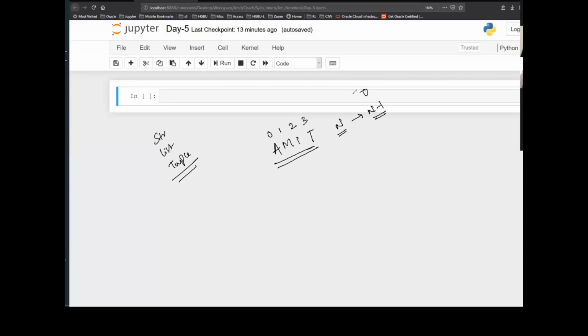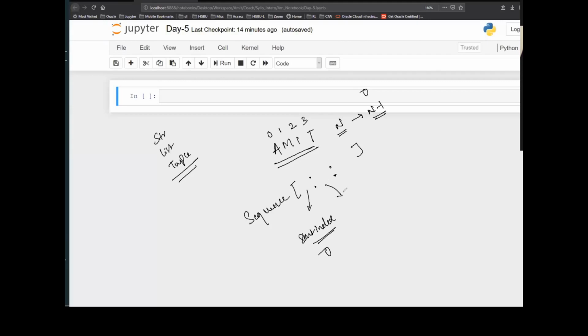Now when I say slicing, how it happens: for any sequence, you can write sequence, and then this is the syntax. Here you have start index. By default, it is 0. That means if you do not specify the start index, by default, it will be 0.